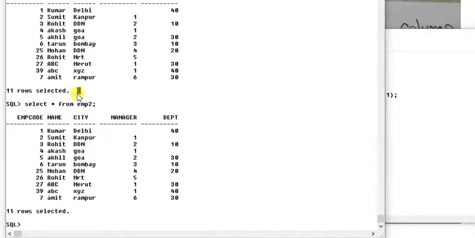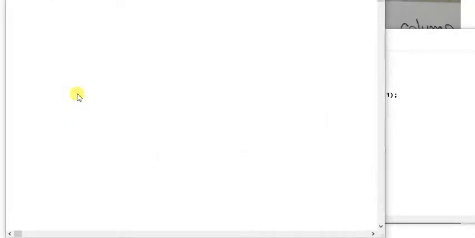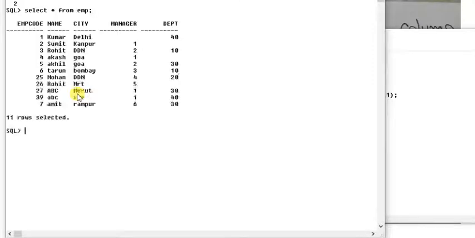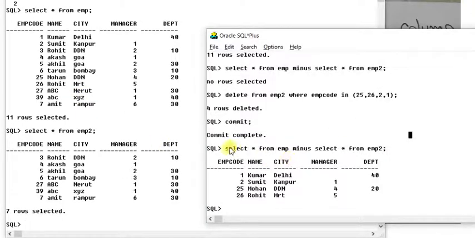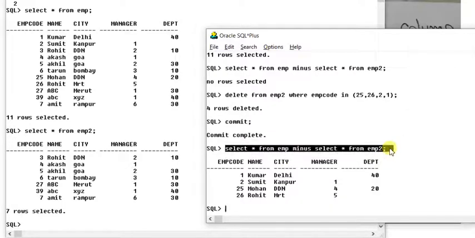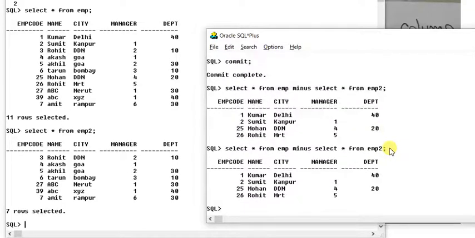Why has it come? As you can see, select star from emp is one, and select star from emp2 is the second. If you execute this query, this will be the output.